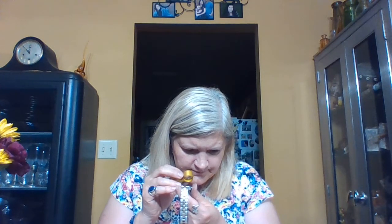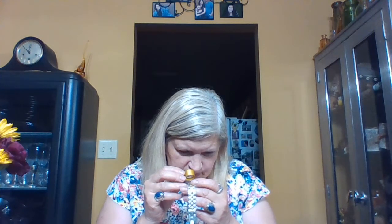And what does that say? So it says sterling on the band, it says sterling on the back, it says sterling on the front. I think that the back is just plated because of the strength that it gives the watch. And I said it from the very beginning, that's a heavy, heavy watch. So I really actually think this could be worth some money, even just silver value, let alone the watch itself